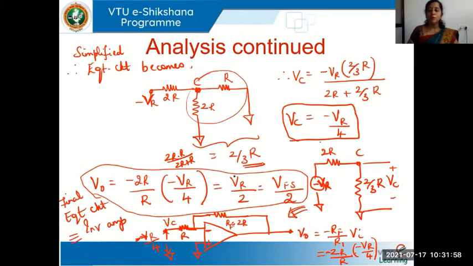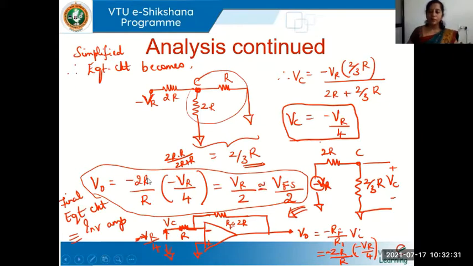See, the full scale output voltage can be approximately equal to the reference voltage VR. Though it is one step size less than that, we'll say the full scale output will be almost equal to VR. So if I say the final output voltage will be VR by 2, I can write it as the full scale output voltage VFS by 2. This is a small approximation, one step size less. That will do. Did you understand this?